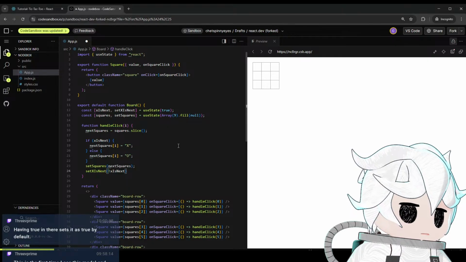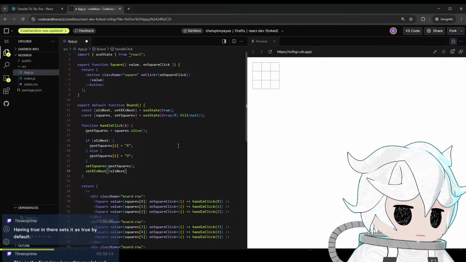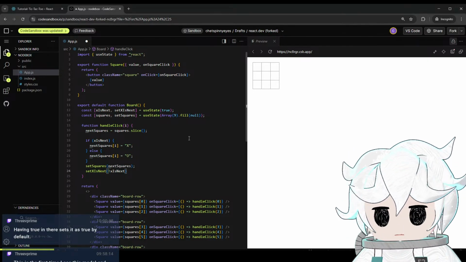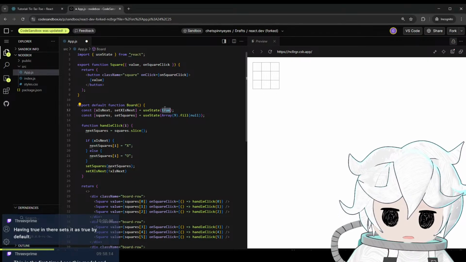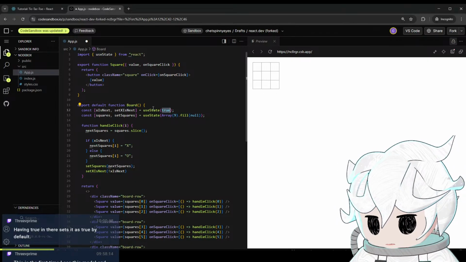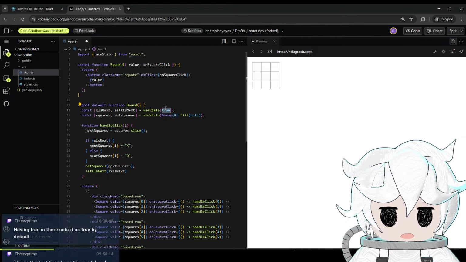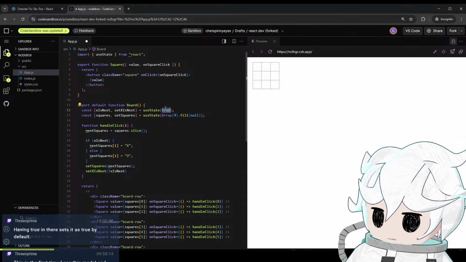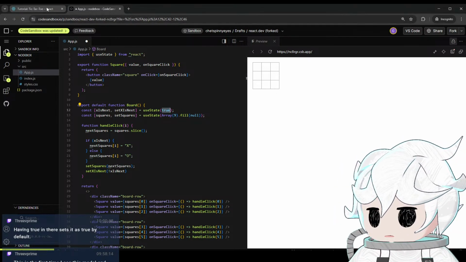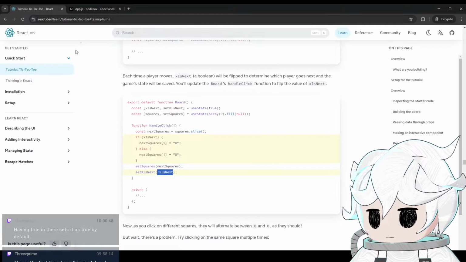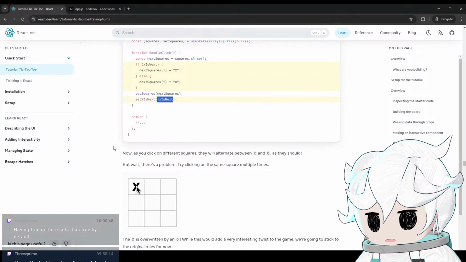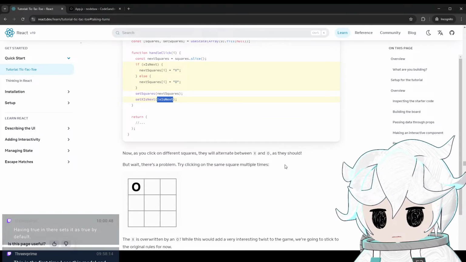The line says having true in there sets it to true by default. I think that's what it does. You state true. Okay. Now as you click on different squares, they will alternate between X and O as they